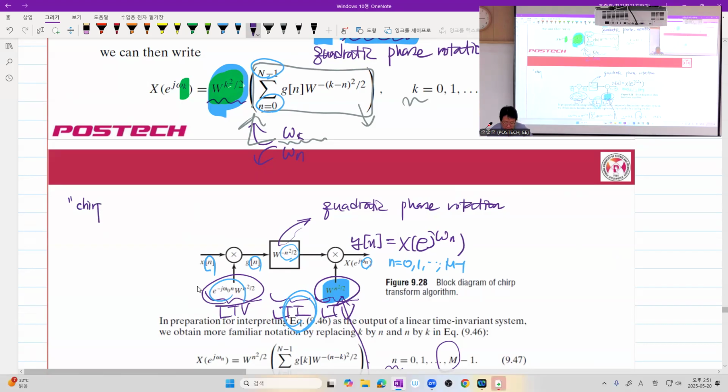Probably you know the verb chirp. Chirp in Korean as a verb, 짹짹거리다. And why is this called chirp? Because suppose you consider